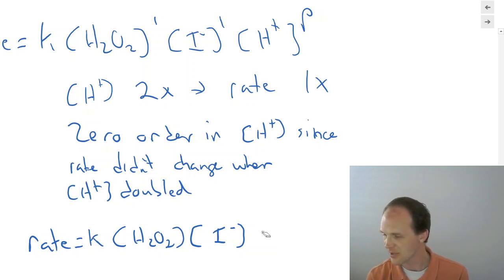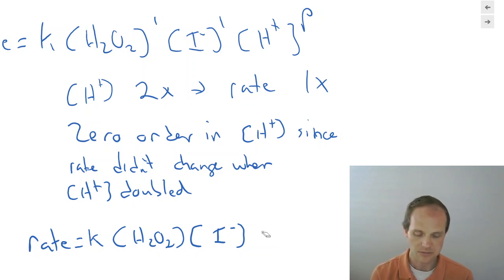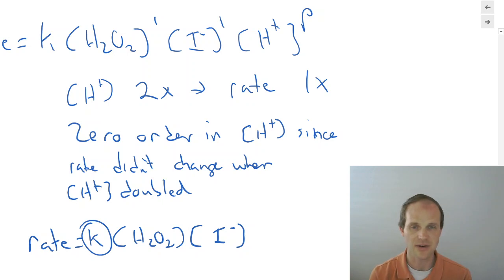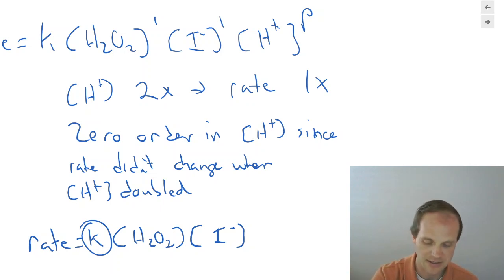Now, how are we going to figure this out? We figured that out. The next thing we might need to figure out is what is the value of that rate constant? Turns out rate constants are really, really useful to have, because if you know them, for the future, you just tell me some concentrations, and I can tell you exactly how fast that reaction is going to go. You want to figure out how to triple it? If I know K, I can tell you here's how you triple your reaction rate. Very, very nice to know K.